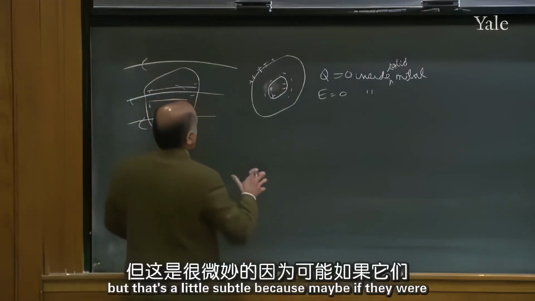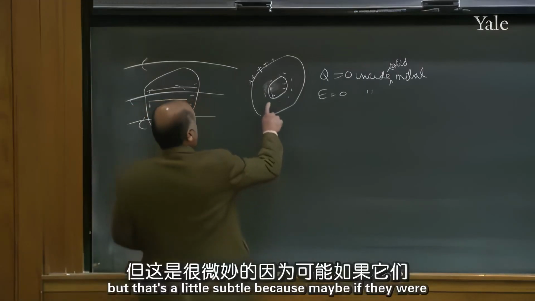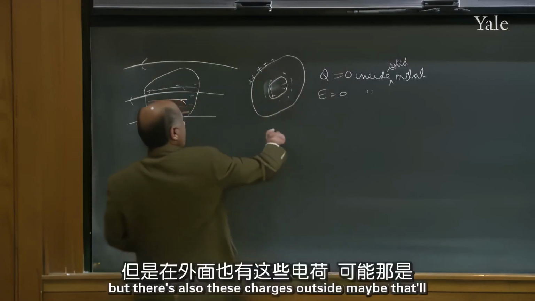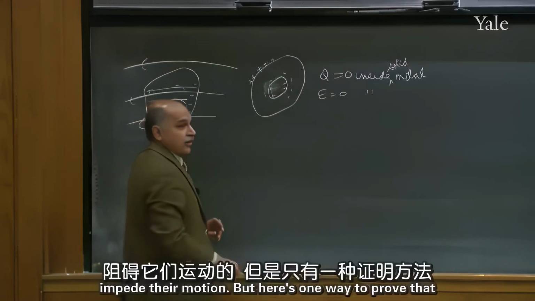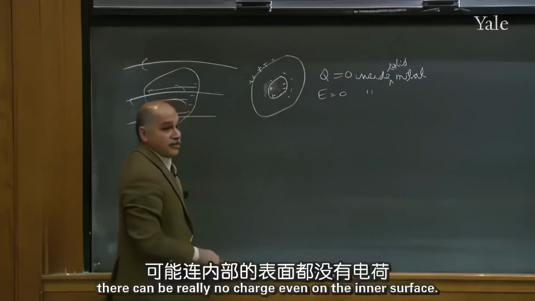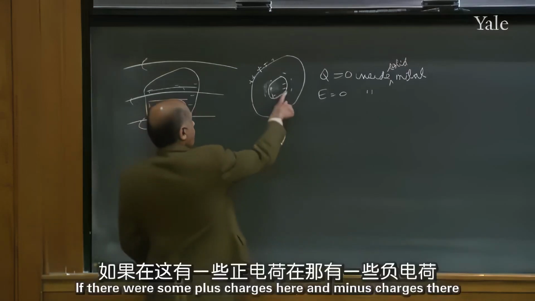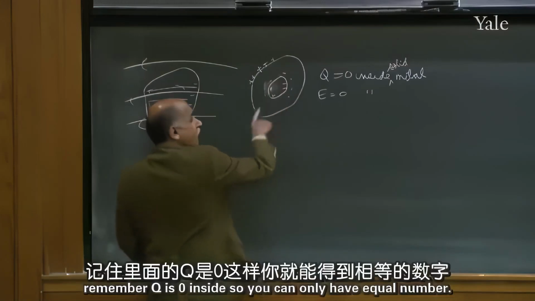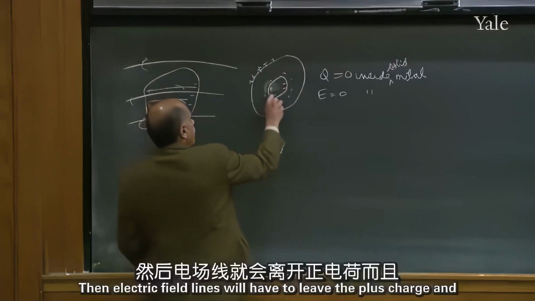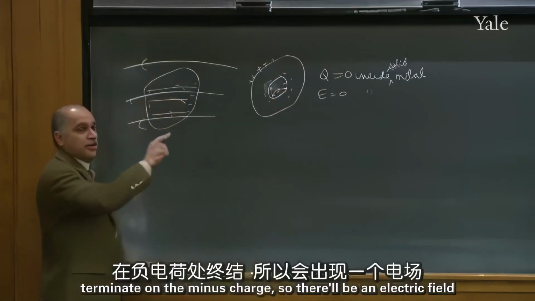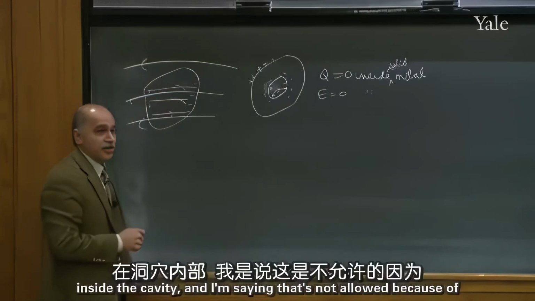But that's a little subtle, because maybe if they were the only two things in the world, I can understand that, but there's also these charges outside, maybe they'll impede their motion. But here's one way to prove that there can be really no charge even on the inner surface. If there were some plus charges here and minus charges there, remember Q is 0 inside, so you can only have an equal number, then electric field lines will have to leave the plus charge and terminate on the minus charge. So there'll be an electric field inside the cavity. And I'm saying that's not allowed